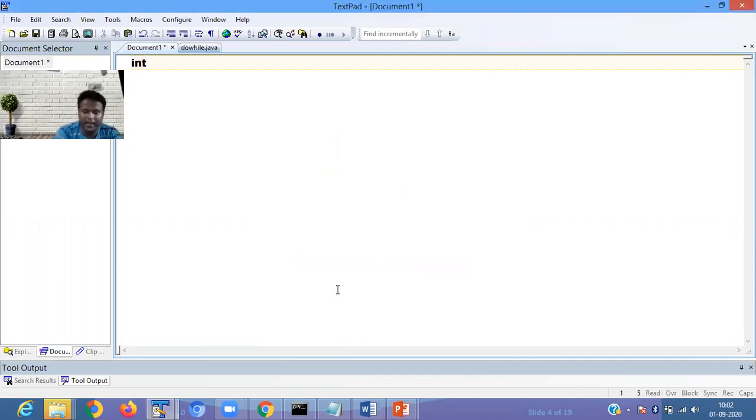Suppose we define int a equals new int 5. It means it can store 5 elements in the array. This is one way we can define it.